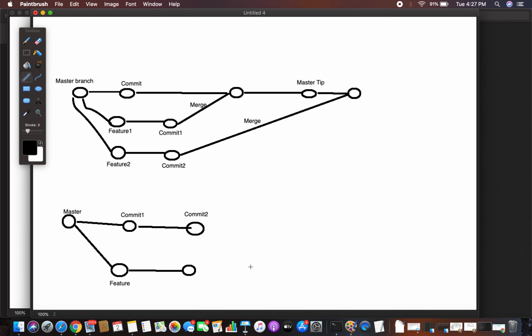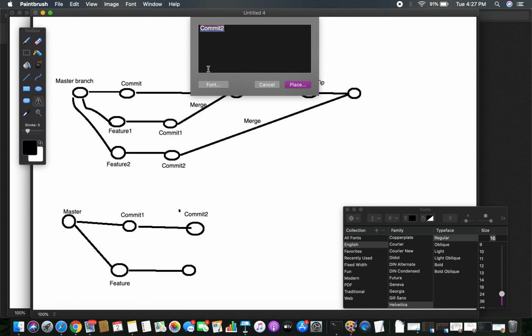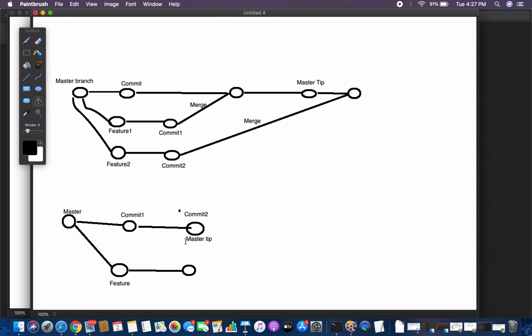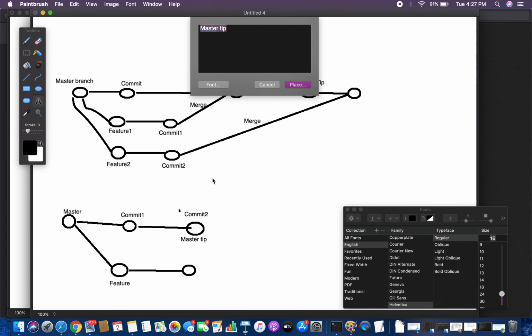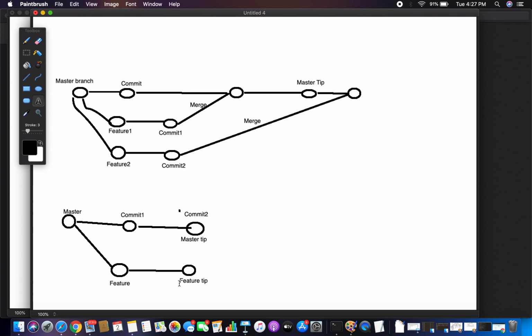At this moment, if you see, this is the tip of the master branch, and this is the tip of the feature branch. Now instead of doing a merge, what I'm going to do is a rebase.